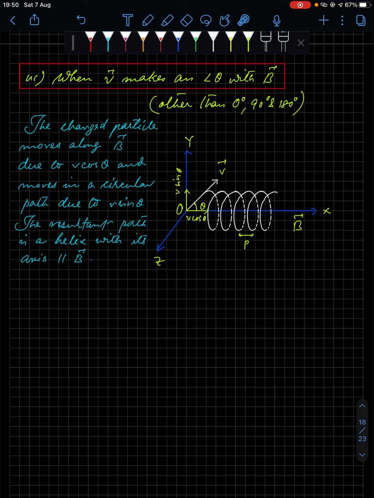Right, in such a case, the magnetic field is along x-axis, and you are firing a charge now, making an angle, say 30 or 45 or whatever, right? In that case, this velocity vector will have component v cos theta along this. If it is fired by making angle theta with the magnetic field, then v cos theta will be along the magnetic field and v sin theta will be perpendicular to the magnetic field. That is understood, I hope.